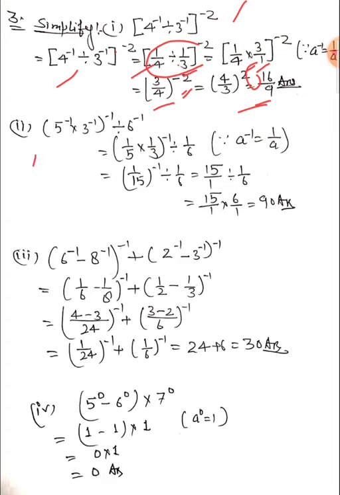Now question number second. 5 raised to power minus 1 multiply by 3 raised to power minus 1, whole power minus 1, divided by 6 raised to power minus 1. Look, in this question also all the numbers have minus power. So we very well know if a power is minus then we can apply the negative rule. So 1 upon 5 multiply by 1 upon 3, because this is power minus 1, so we can write 1 upon 5 and also multiply 1 upon 3.